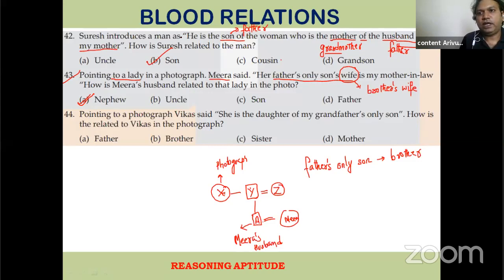43, the answer would be A. Yeah, it is nephew. Anirudh, the answer is A. Now 44,